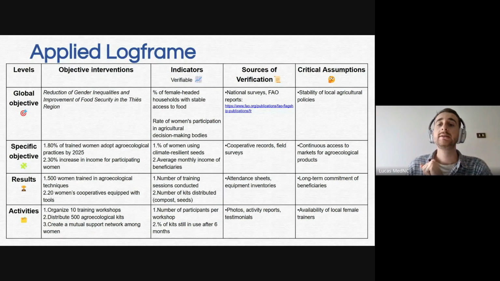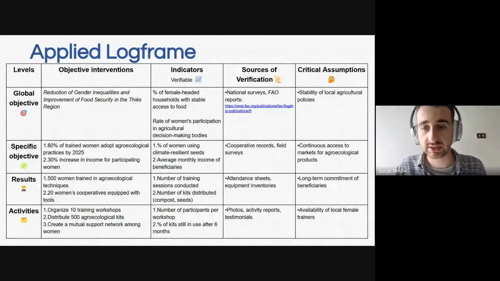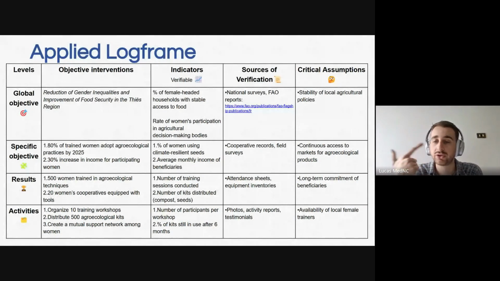How am I going to check that with my source of verification? I can check the FAO, the national surveys, all the data that I have online. As we said, the global objective stays at a very high, macro level.